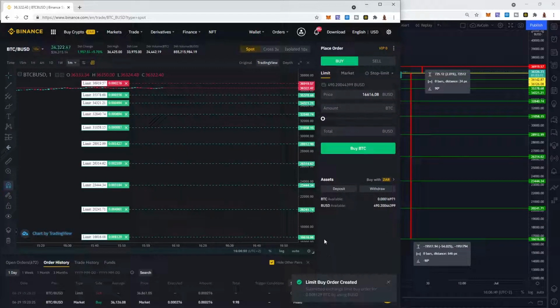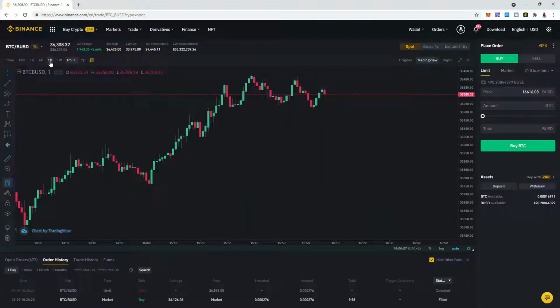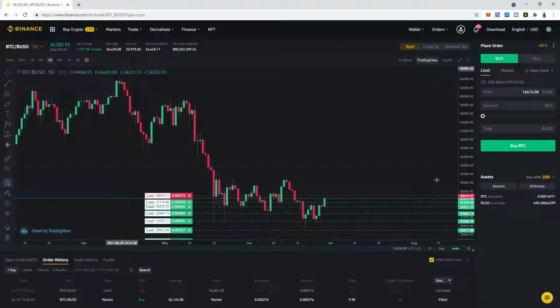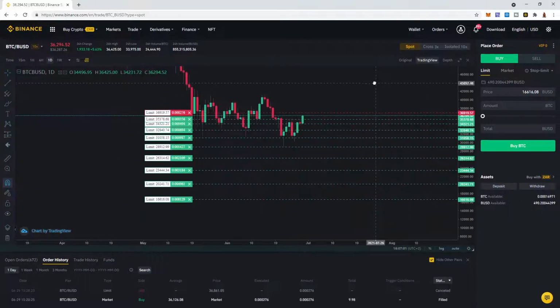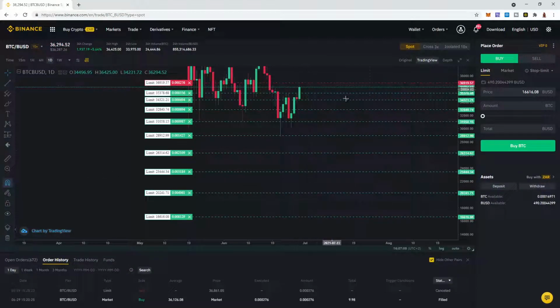So as you can see, I've set up my strategy. I got my buy orders in. I got my sell order in. If it hits my sell order, I'll just reset my entire system. If it drops, I'll add another sell. And I'll just keep on rolling it. A fun way of trading. It's a way which I enjoy.